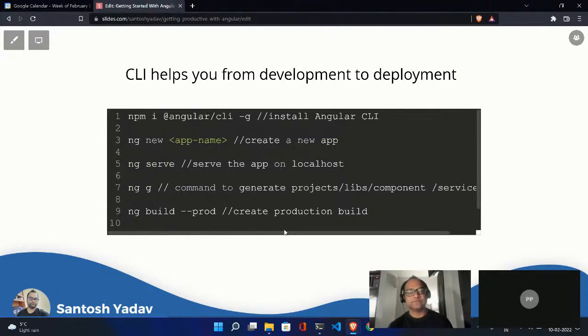By default, it uses port 4200, but you can change the port. But I will not suggest doing that because Angular is smart enough to recognize in case you are already using that specific port. It will tell you that okay, 4200 is being used, do you want to start running the application on a new port, and that's it. You don't have to worry in case the same port is being used.